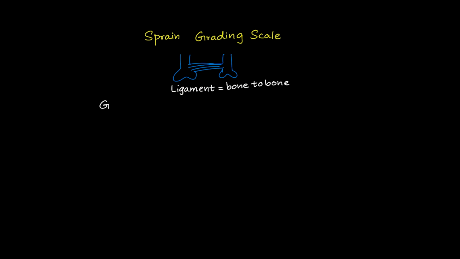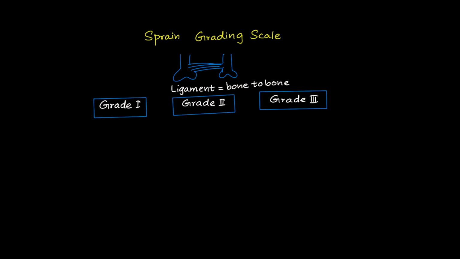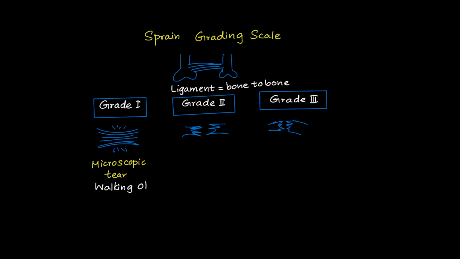Clinicians grade sprains on a 3-point scale based on how much fiber damage occurred. Grade 1 is a microscopic tear. The ligament fibers stretch or tear at the cellular level, but the overall ligament stays intact. Patients feel mild pain, see a little swelling, and usually keep walking on the joint. Grade 2 is a partial tear. More fibers tear, but enough remain connected to hold the joint together in some form. There is moderate pain, more swelling, visible bruising, and some loss of joint function, but weight bearing is still possible